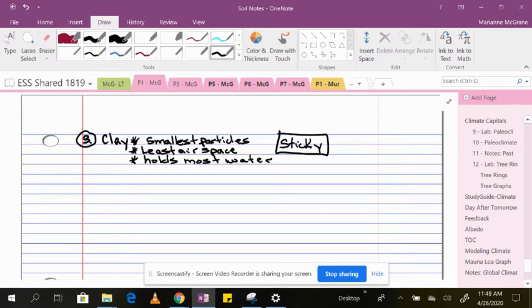Okay, when clay dries, it dries really hard. And so that's why for generations, for thousands of years, people have used clay to make things like pottery. So I'm going to say dries hard. Dries hard, good for your pottery, good for your ceramics. All right, now